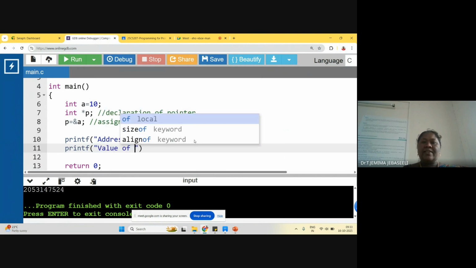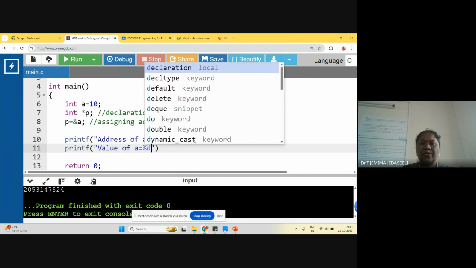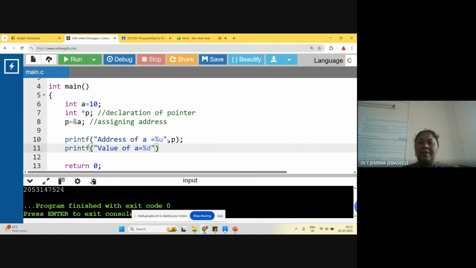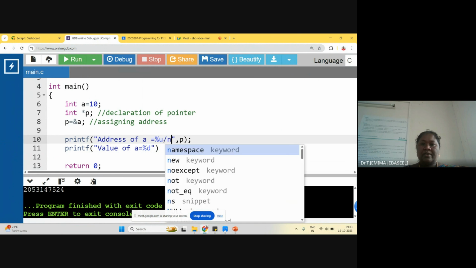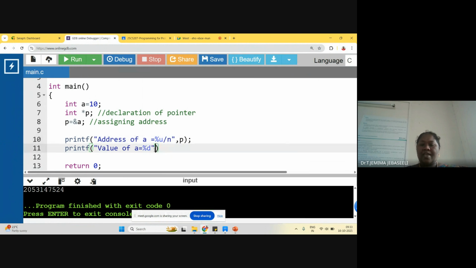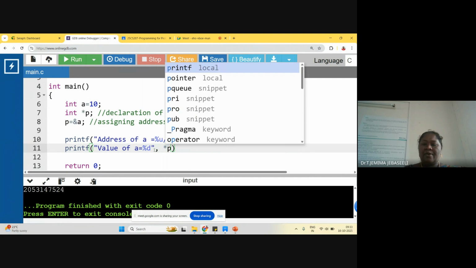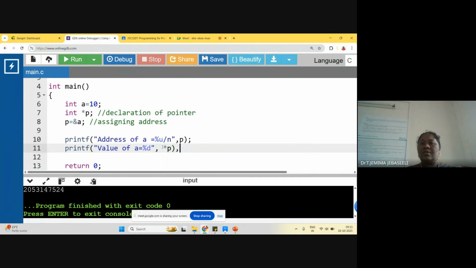Next, if you want to get the value of A with the help of this pointer, how to access it? If you want to print the value of A, simply you give A in the printf statement. But here we are not going to access it straight away. When you want to access the value of A through the pointer, you have to use the star symbol, star P. When you print P, it prints the address.